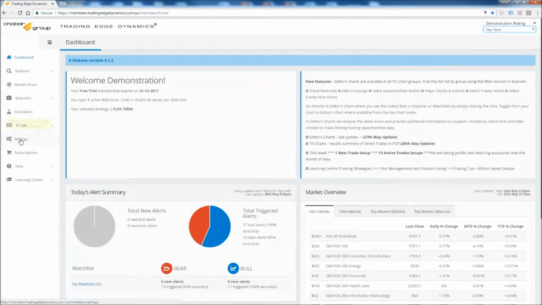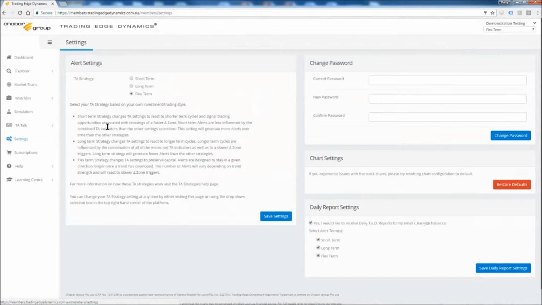You can also change settings from the settings page. Let's look at this page and see all the other options available in settings. In this page, you can reset your own password, reset your charts to default, and also set your daily email alert preferences. The daily email alerts allows you to set whether you want to receive a daily TED report and